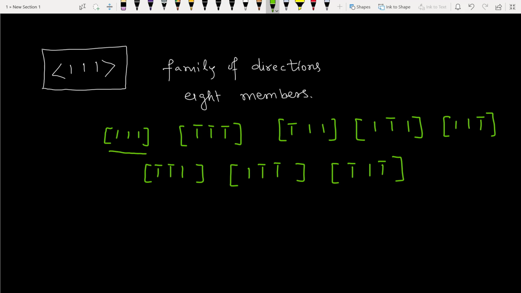This is a body diagonal having all the 3 positive axes. This is a body diagonal having all the 3 negative axes. This is having x-axis negative, y-axis positive, z-axis positive, and so on. And these are for 2 negative axes x and y with one z-axis as positive axis. So these are 8 equivalent directions because all these 8 directions represent body diagonals. So they are represented by this angular bracket, a family of 8 directions. So now I think it will be very much clear to you people.